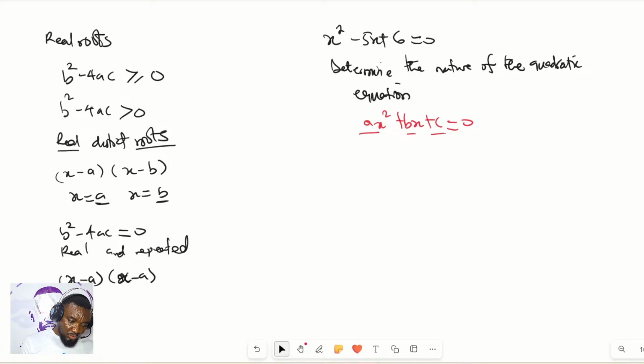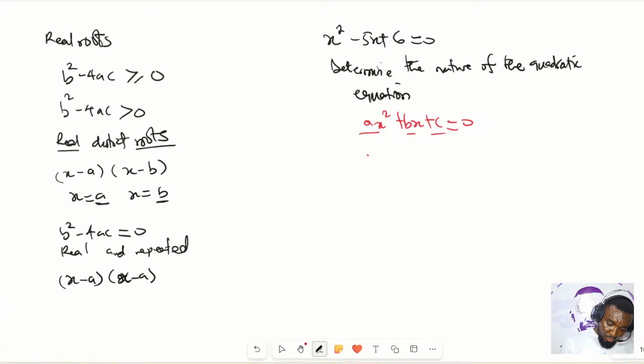Then once we've been able to do that, we now want to actually compare. The coefficient of a in this is 1. The coefficient of b in this is negative 5. And then we also know that the constant term, which is c, is equal to 6. I hope it's clear. So once we are able to get a, b, and c, all that we are going to do now is that we are going to take